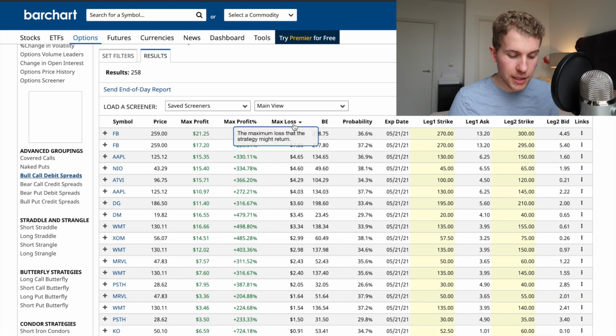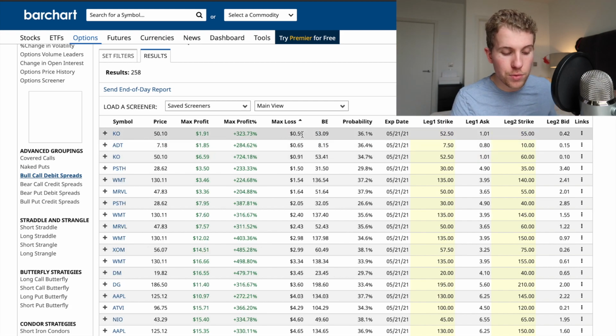And for example, you could make it like this, and you see that the trade where you would risk the least money would be a trade on Coca-Cola, again, where you would basically risk maximum $59. So you see that it actually can be quite useful to have those different columns, and you can filter the trades by the column that you want, so you basically have what you want to see first, what is important